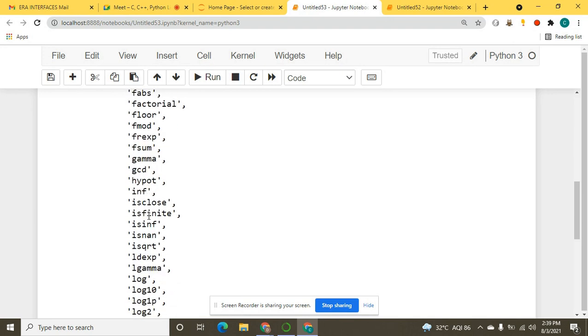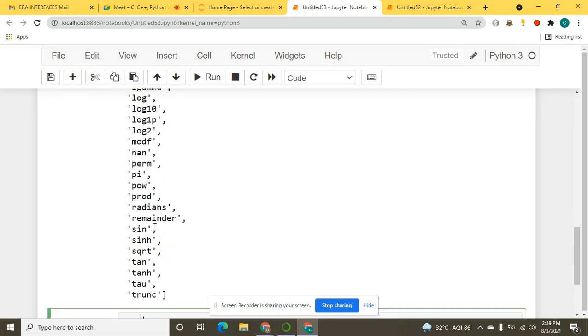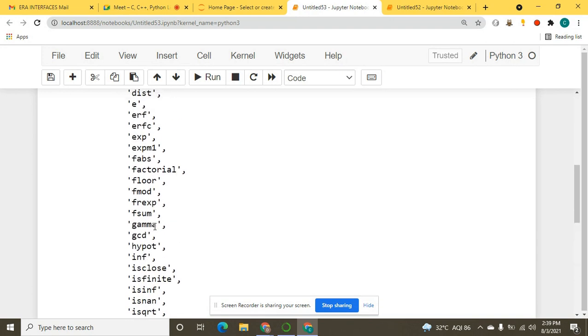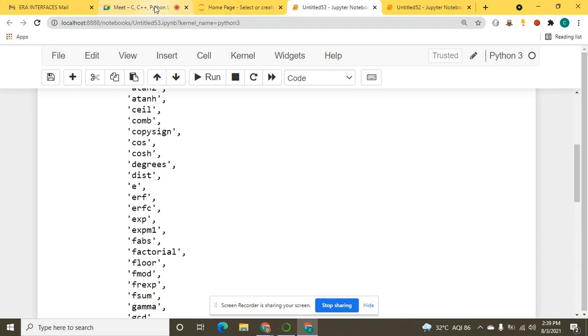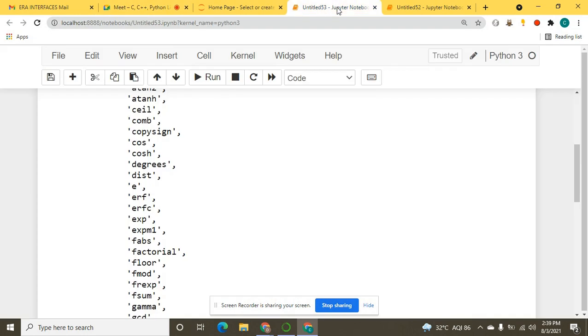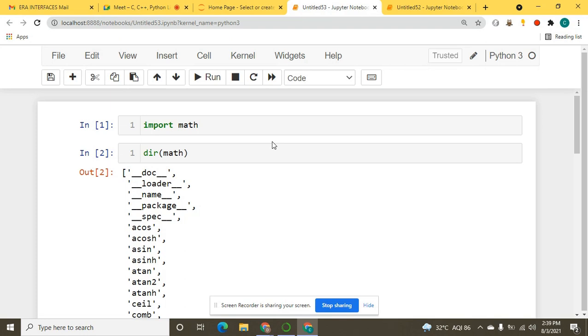Okay, so there is the gamma function, isclose, isinf, log10, nan, and sine value, tangent value, ceil function, floor function. So many methods are there in this math module. We are going to cover all these things. But still, I don't know which function or method is used for which purpose.